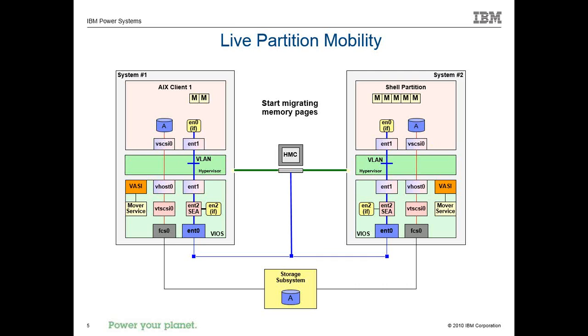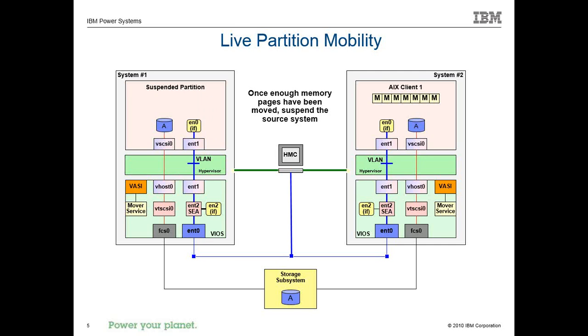There's a lot of optimization in the hypervisor and AIX and System i, and even Linux, to help know what the least recently used pages are, and a smart algorithm for moving the pages that we want to move first, and at the end we'll move the busiest pages, so to speak. So eventually we get most of the pages over there on the right, and we say, okay, let's blast over these last few pages. Once enough pages have been moved, we suspend the source system. So now we have all the memory that we need over on the right side to run the partition.